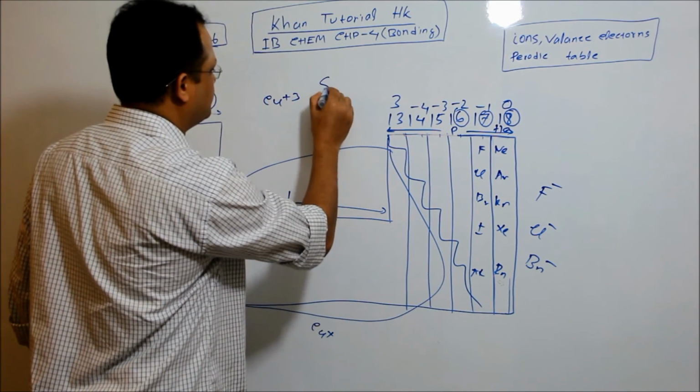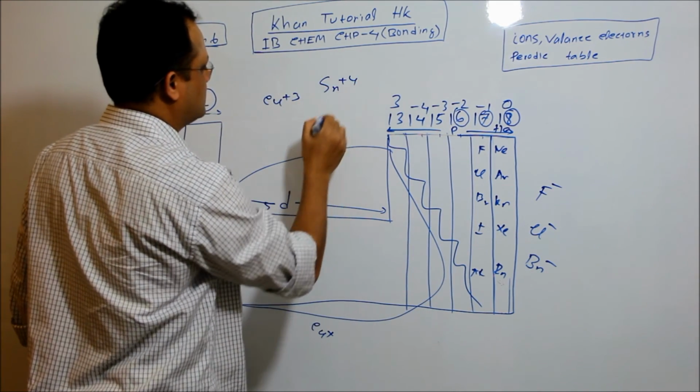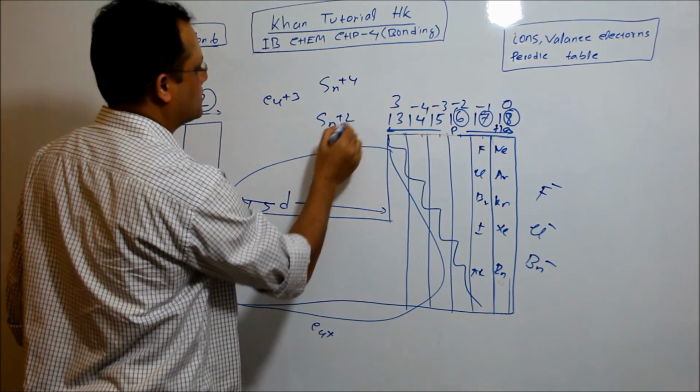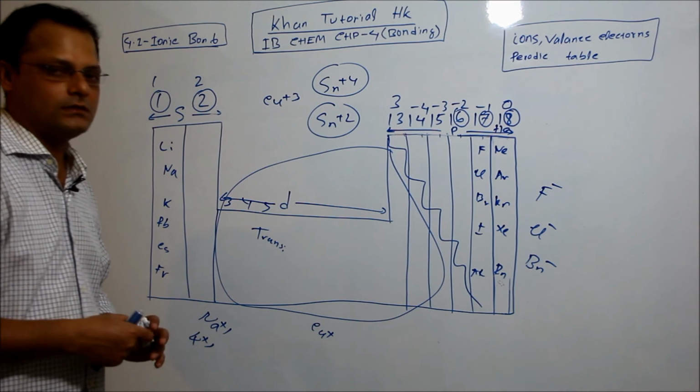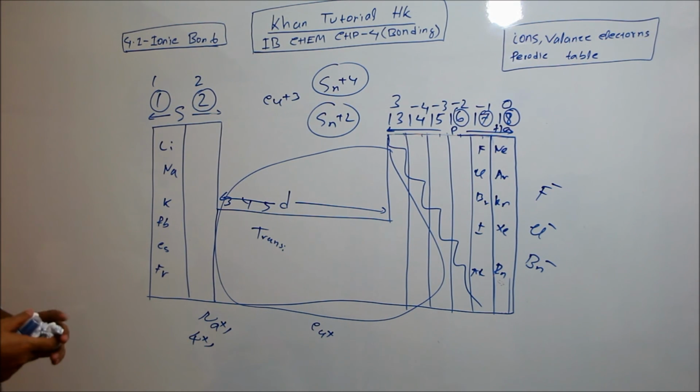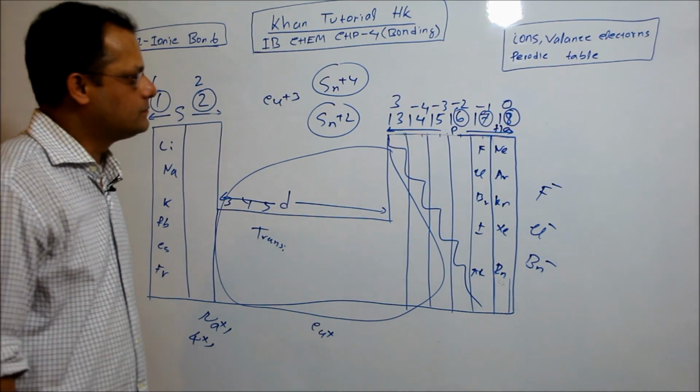Sn can give 4 electrons, and Sn can also give 2 electrons; both are fairly stable. We'll discuss in more detail why they can do that. So this is roughly what we need to know about the